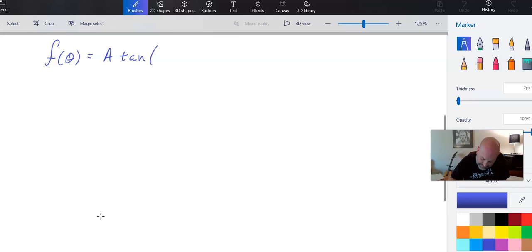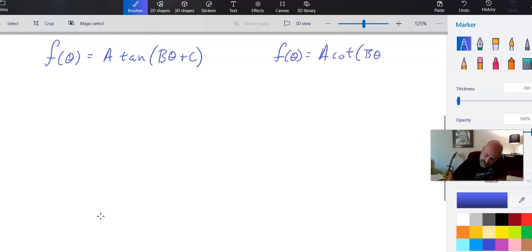So we have f of theta is a tangent theta, or excuse me, let's try that again. So a times tangent b theta plus c. And we want to see what happens with this graph and with, of course, cotangent, same thing. A cotangent